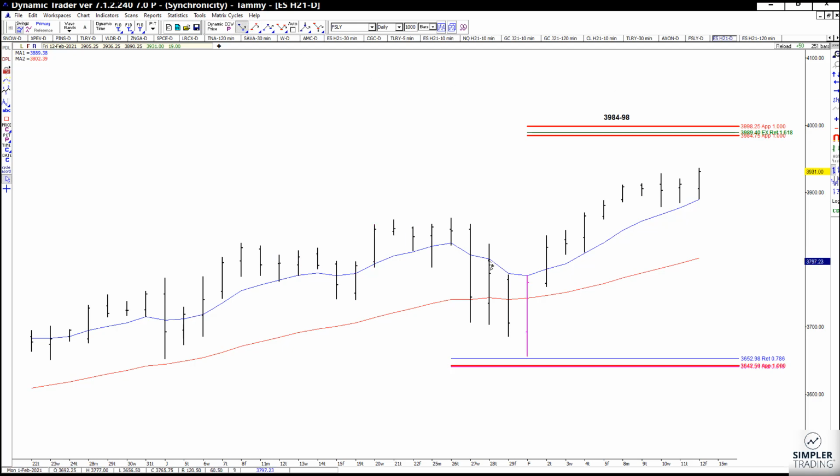Here on the daily, from this more recent high to low swing, we are already through the first target, which was at 39.18. The second target is at 39.89, and I have a couple of projections from previous swings that have happened in the market that also come around there. So we have an area, a zone. It's kind of wide. The numbers by themselves are 39.84, 39.89, and 39.98. But I did say for you here, 39.84 to 98 or so is what I am looking at right now